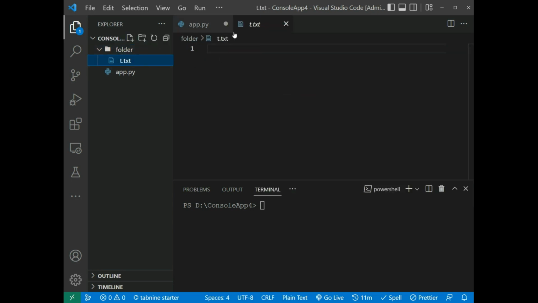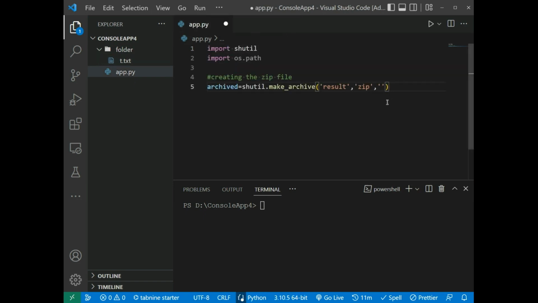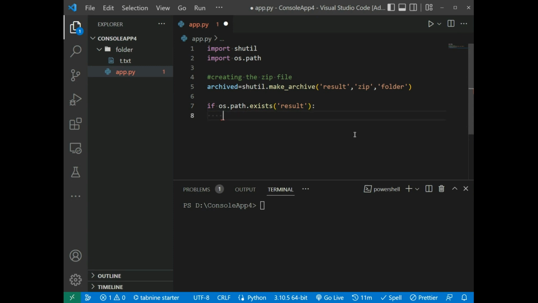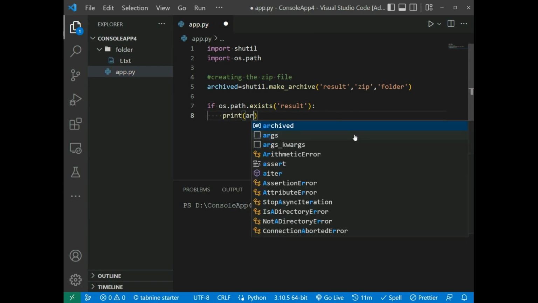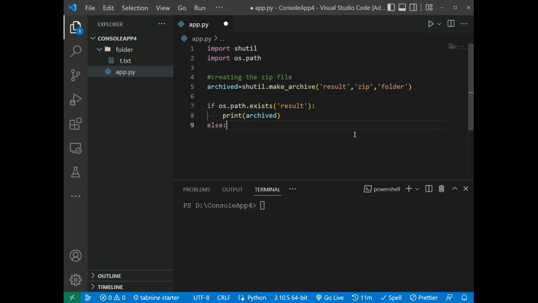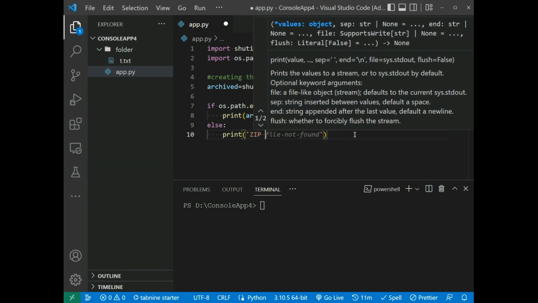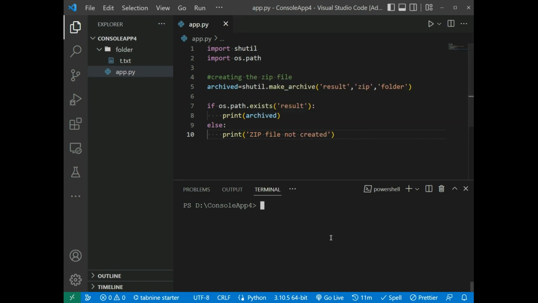We have a folder and t.txt. So for example, hello guys, save, and so folder, set folder, and if os.path.exists result, print archived, and else print zip file not created. Save, and